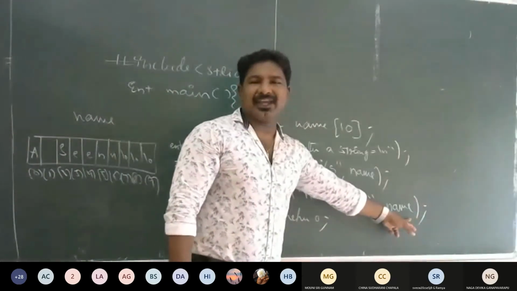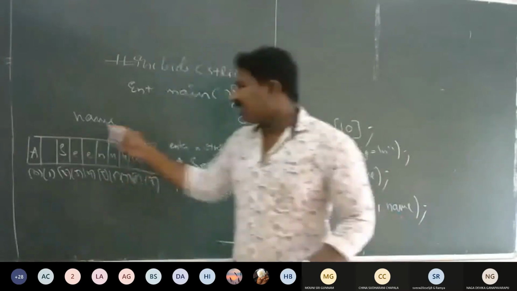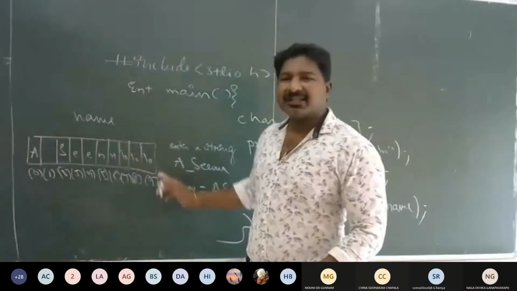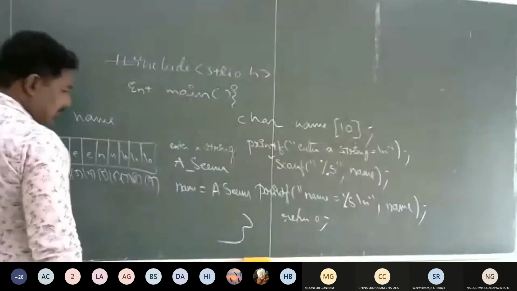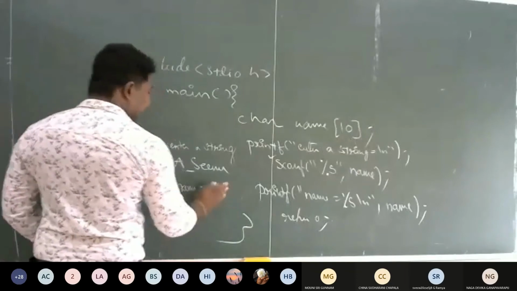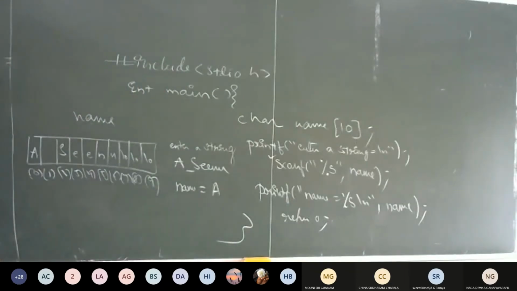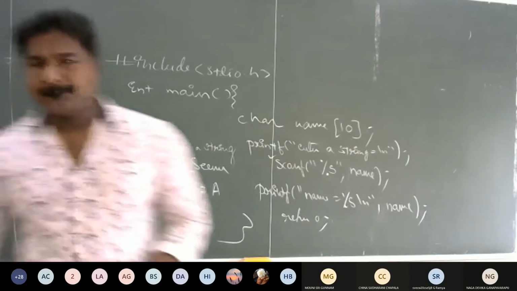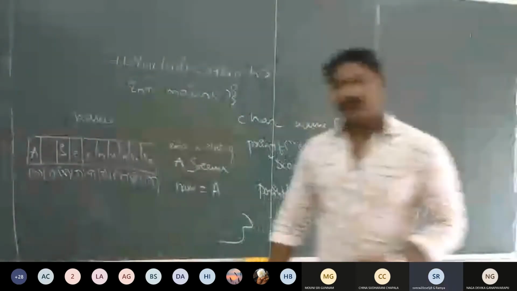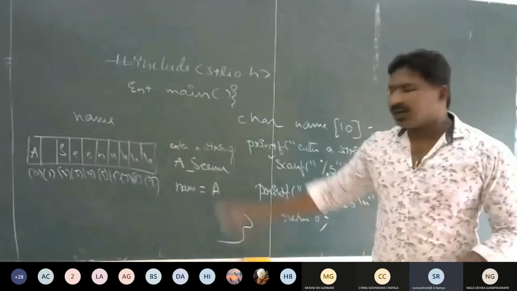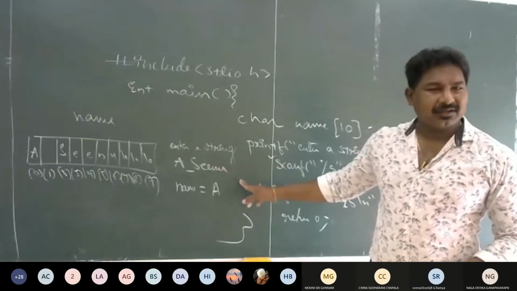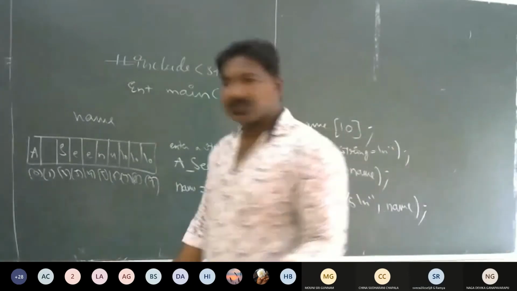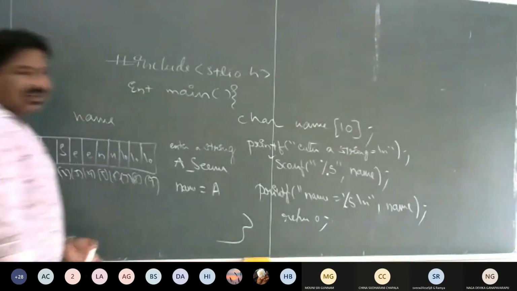Okay, so that is what you're expecting, because name equals percentage s means the values of your name will be printed. What are the values in my name? That is A SENU. These slash zeros won't print actually. Only characters will get printed on the screen. But unfortunately the output is actually only A. You don't get SENU. Okay, are you listening? Yes, sir. So the output is only A. I miss my name actually. Then what is the reason why my name is not printed on the screen?